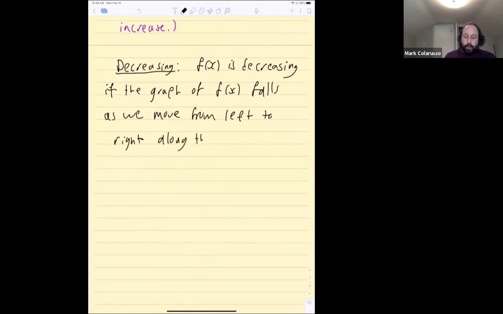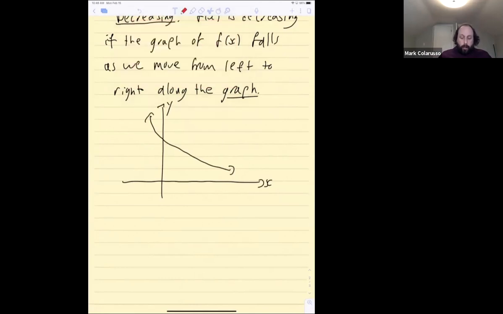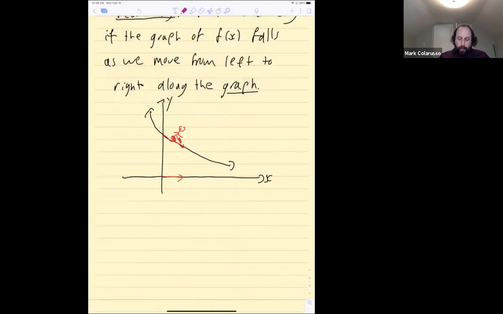Along the graph. So picture, and this is another reason why I wanted to use the yellow pad rather than the PDF, because I can draw a picture and you can get a better sense of what's going on. So something that's decreasing might look like this, right? As we're moving along the positive x direction, if you imagine yourself walking along the graph, you're going to be going downhill, right? If this guy had some skis on, you'd be going down the hill pretty quickly. And another way of saying this more precisely is that,